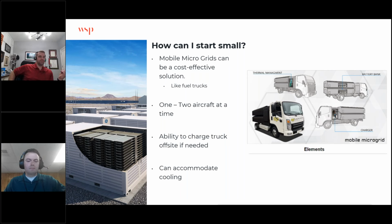I may not have the money to go buy a microgrid, but where can I get started and what equipment can I get? Yeah, there's a couple different approaches you could take. You don't really need to start with a very large stationary microgrid. You can start with smaller microgrids, but the advantage of having a microgrid is that they're very easily expandable as you have a system. In addition to just starting out small, we also are looking at mobile